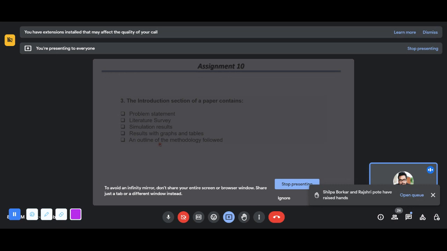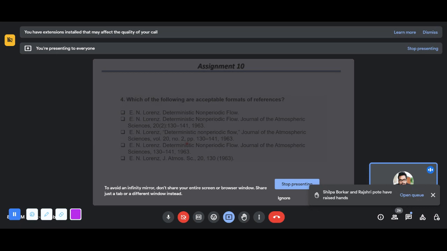The third question is: what does the introduction section of a paper contain? The problem statement is correct. Literature survey is also there, correct. Simulation results are not included. Results with graphs and tables are not included. Finally, an outline of the methodology. So these three parts are there. Next one is